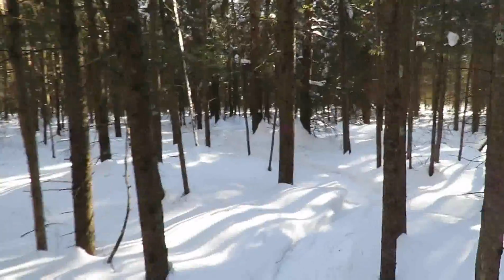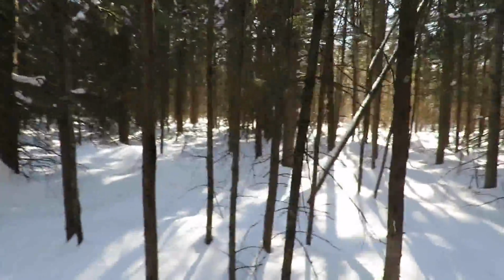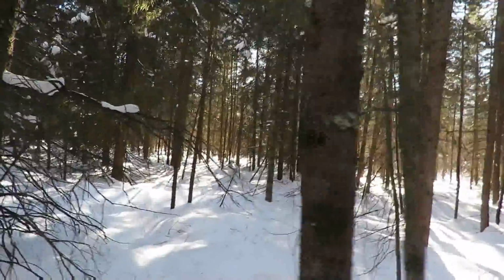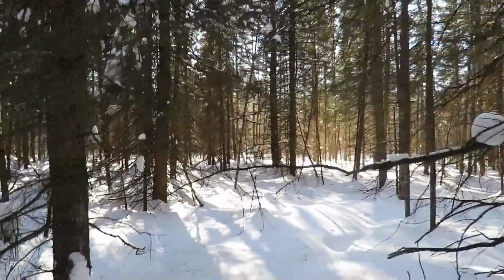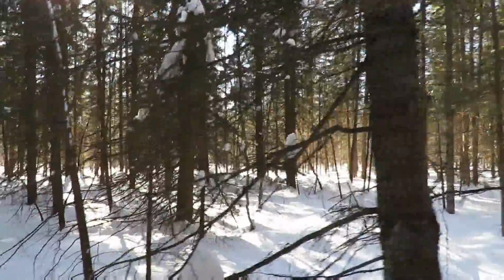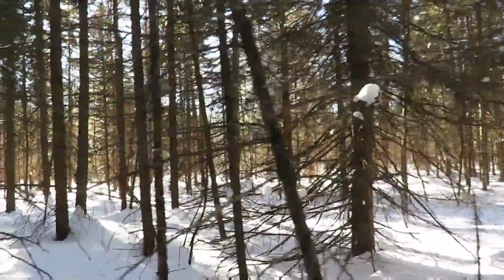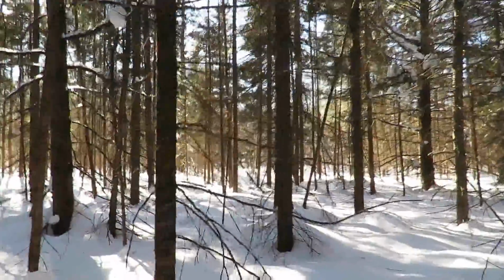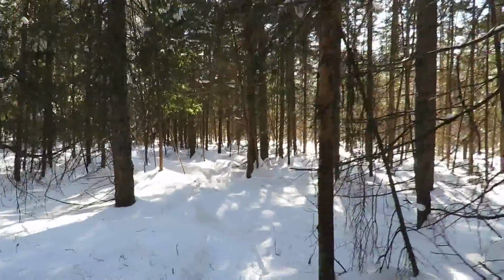I'll have to check and see what percentage of the lake is frozen over this year. I'm guessing not. It's not a whole lot. But I'll bet it's at least 50% frozen over. I have to check on that. That'll be kind of fun to do. In the meantime, I'll keep enjoying